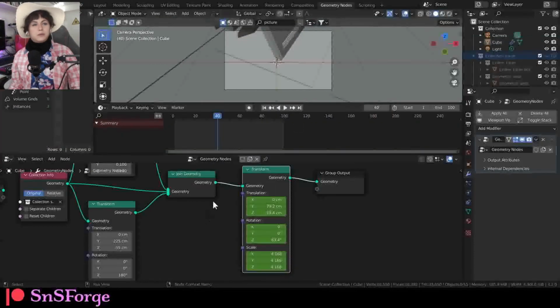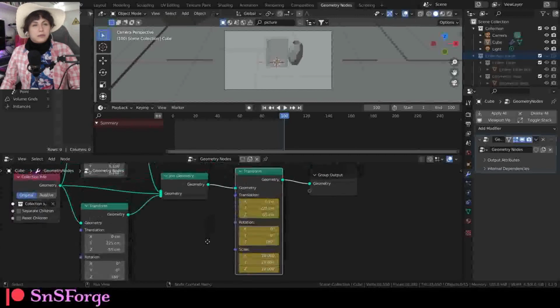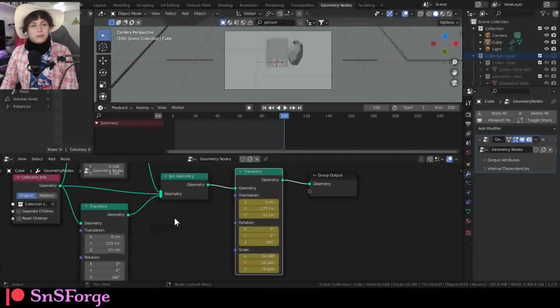If you're going to insert keyframes, you want to change your default interpolation to linear. So perhaps we could clear these, or we could just delete it and just copy a new one, duplicate,